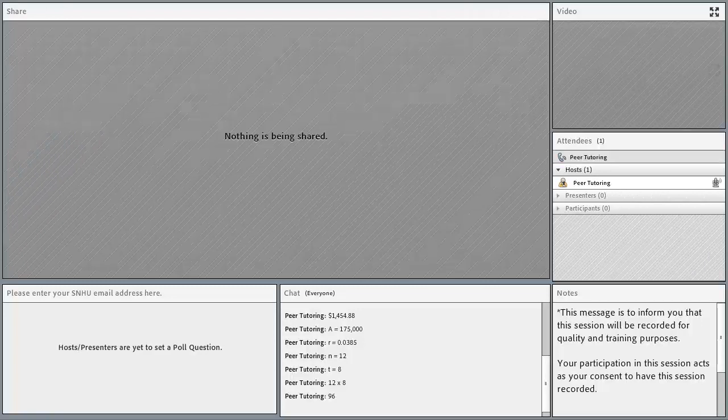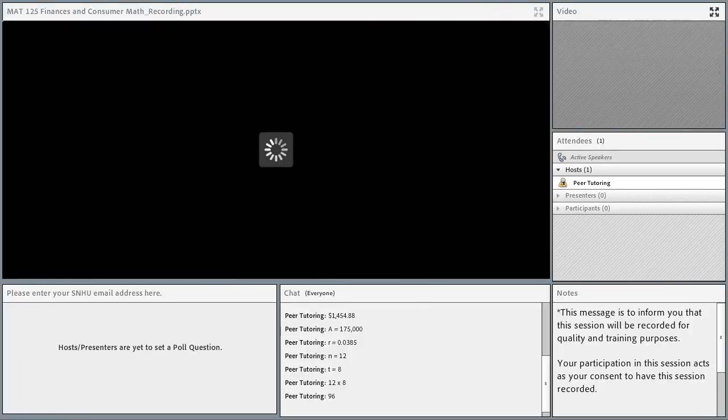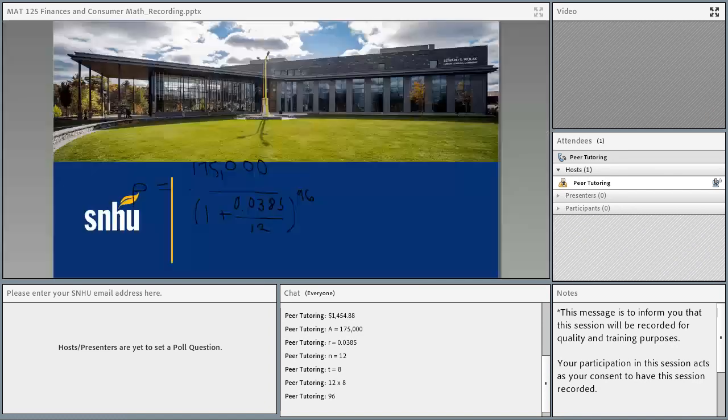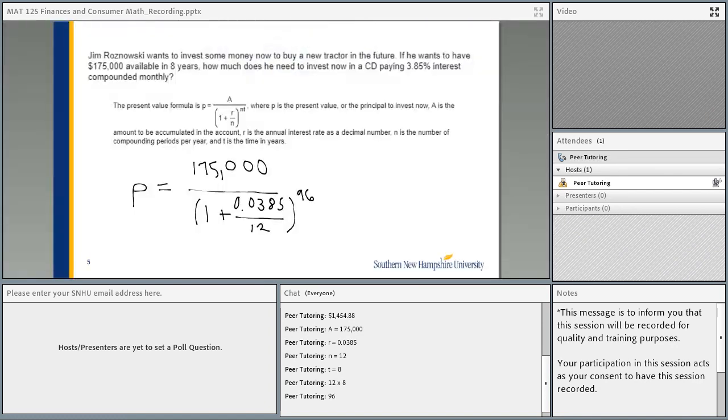All right, so I'm going to do the same. I'm going to switch back over. Pause if you need. Okay, so this part here, this is where we are at. So we actually calculated that this is equal to $128,673